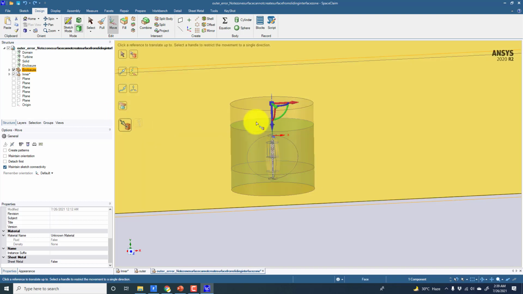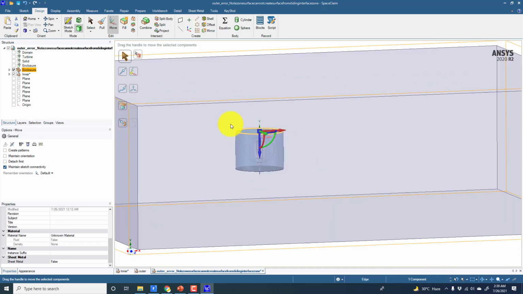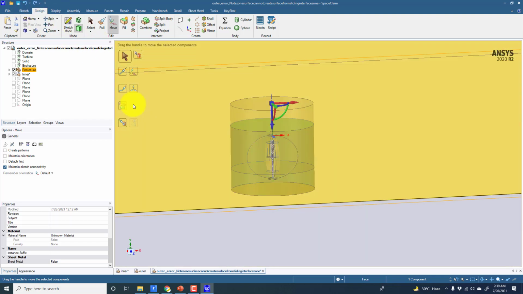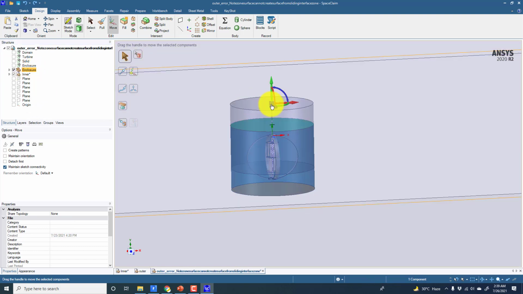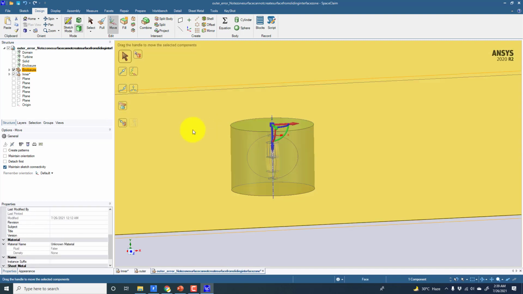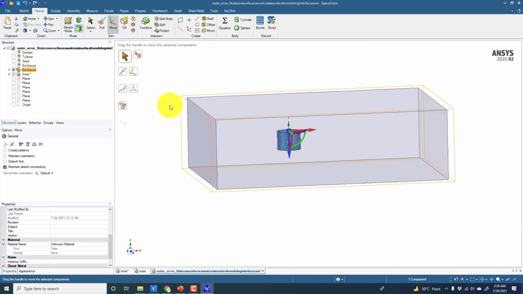Then choose this option and click on this blue direction, and now you can see that these two are at the same location. Again, I will select this geometry, move this coordinate system over here, and simply select this surface, and this will simply move the geometry. After that, I just made the mesh.